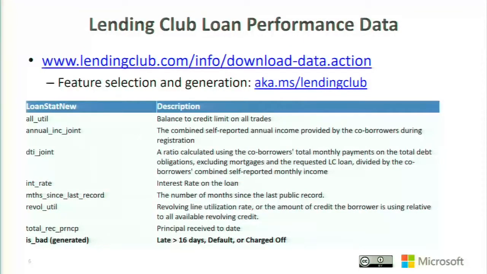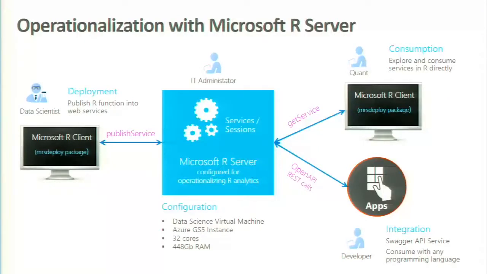So, as I mentioned, I'm going to be using the Lending Club data. You might be familiar with it. If you're not, there's a link here where you can find the data, and also a blog post that the data science team at Microsoft did exploring this data, pulling out just 7 columns actually, from the 50 or so columns that are available in it that I'll use in this demo, and including one generated feature, which is whether or not the loan ultimately was delinquent, as you can see there. And this data is actually included in something called the Microsoft Data Science Virtual Machine, which I'm going to be using in my demo as my remote server.